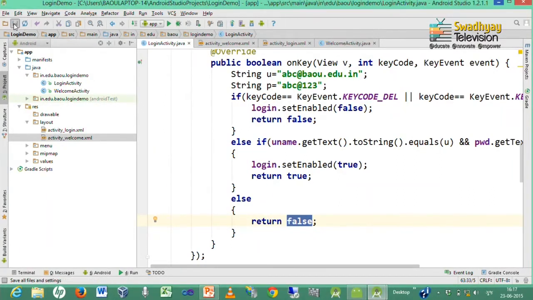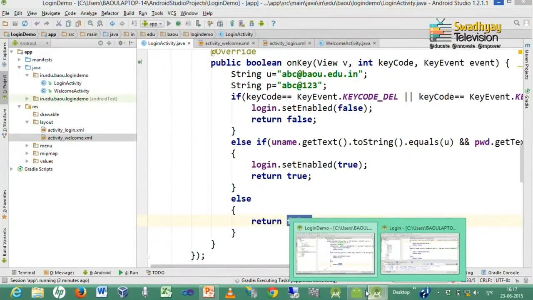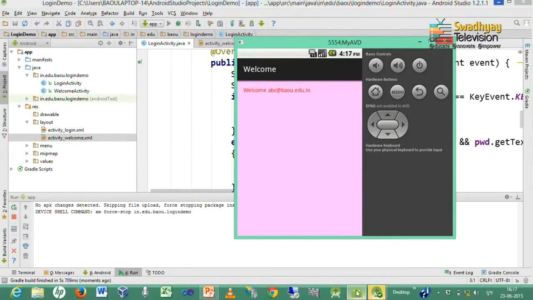So, now let us check by running one more time, and